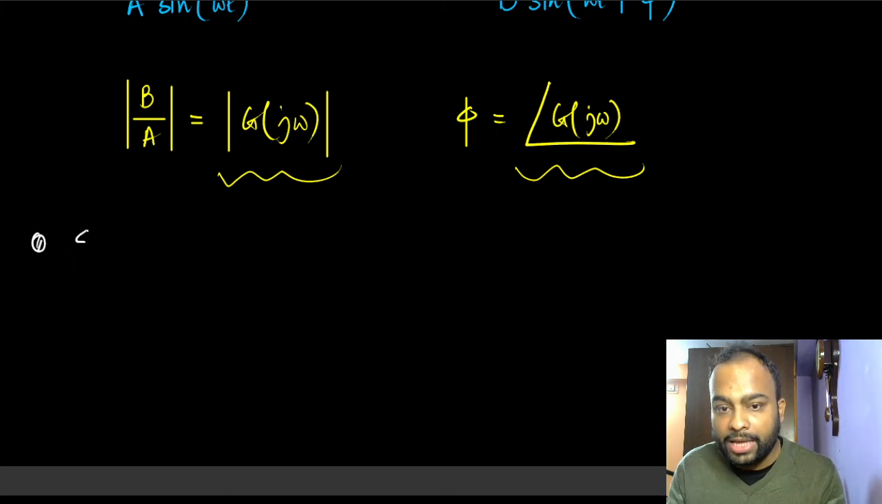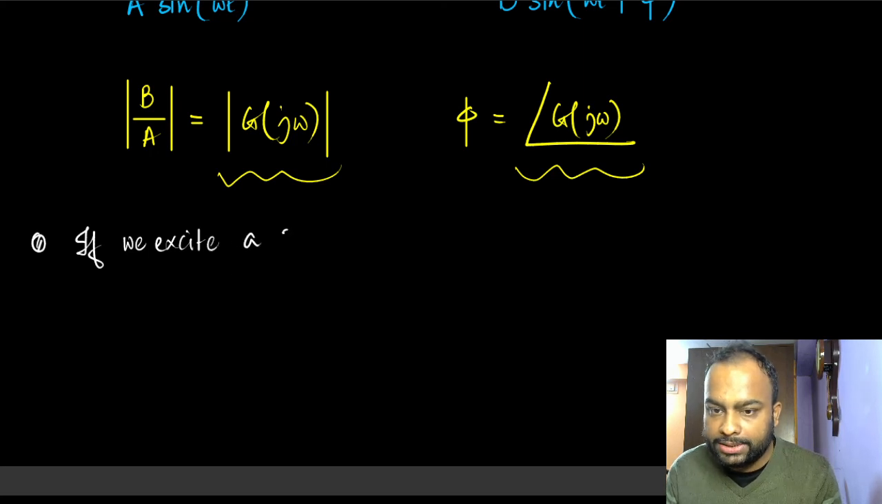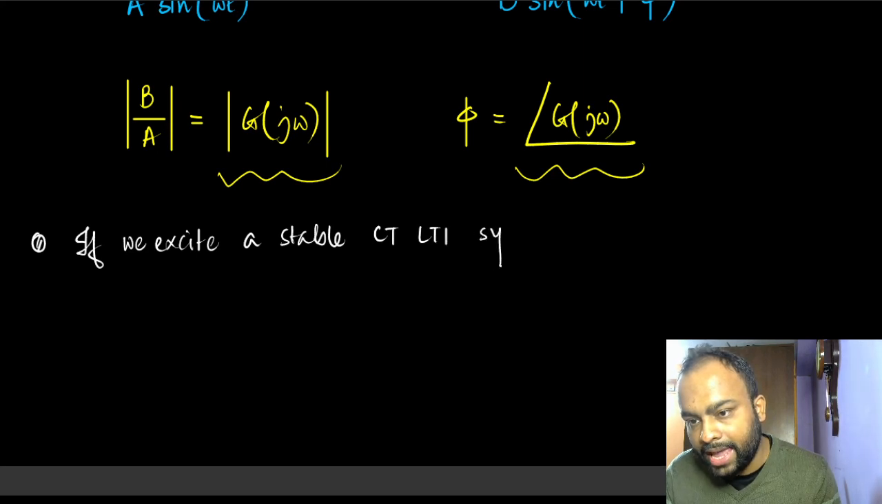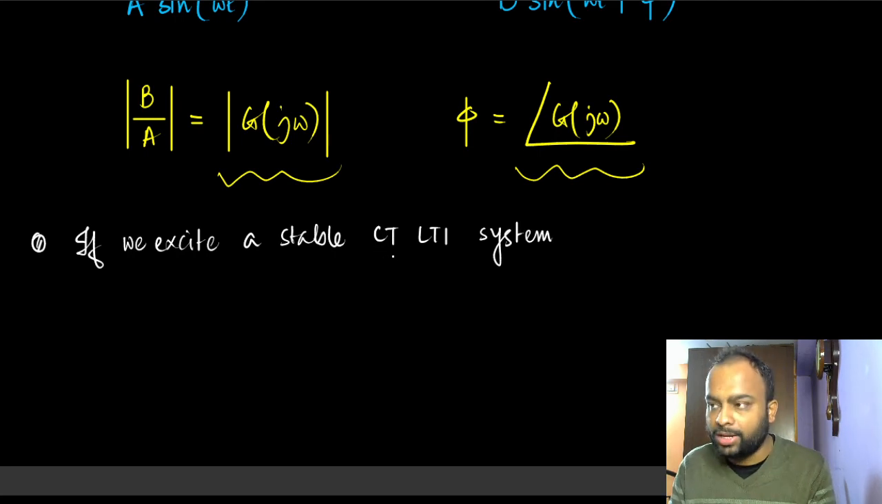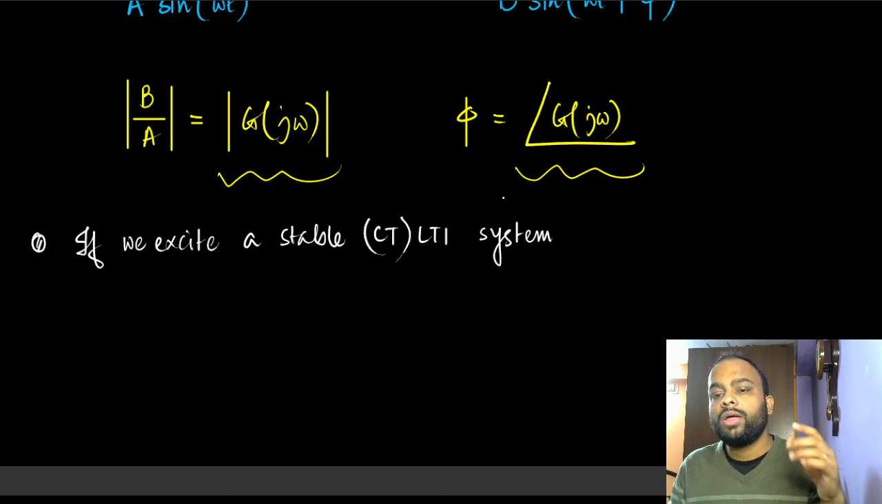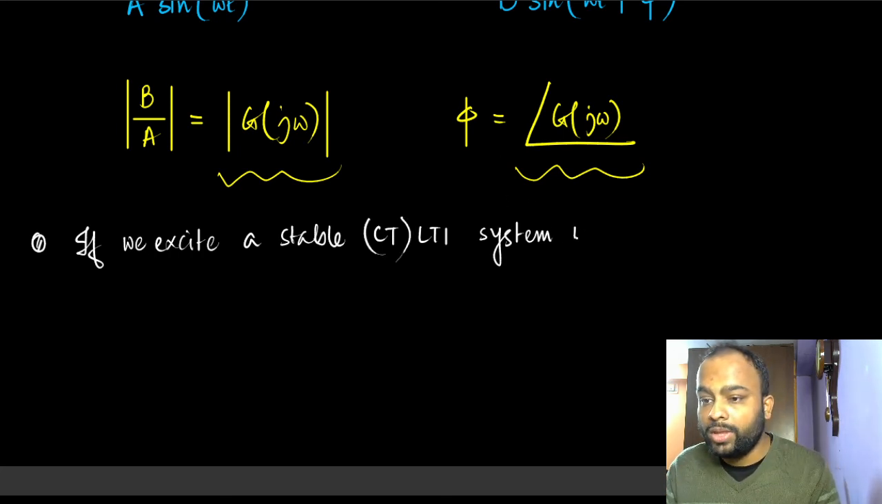So the thing is, if we excite a stable continuous time LTI system, again I'm repeating the fact that this does not have to be continuous time. This only needs to be linear and time invariant. But again we are talking about continuous time systems throughout the course, so we are assuming continuous time here. So if I excite a stable continuous time LTI system, really I should put this in brackets, with a sinusoid of a certain frequency,